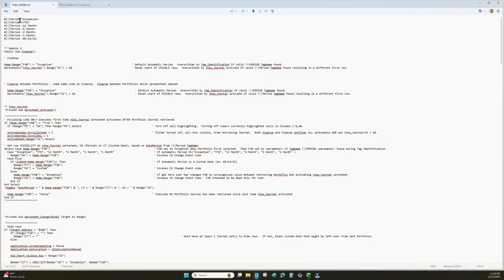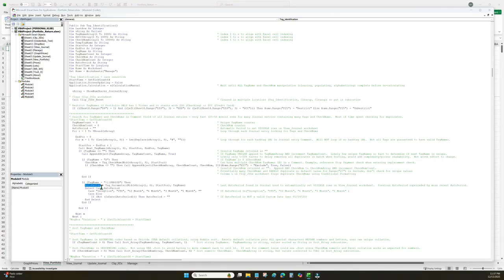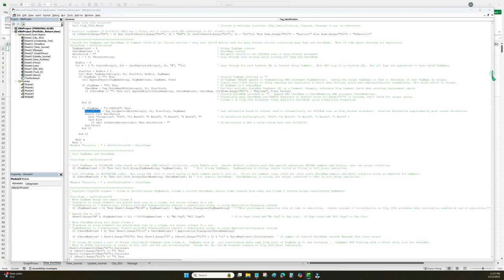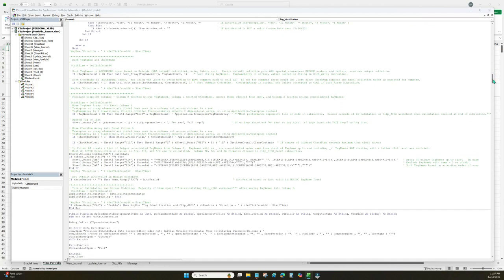You can have the tag with the word inception, year to date, 12 months, 6 month, 3 month, 1 month, or a custom date. The parameter for the most recent period tag name found in the journal is stored in this variable here called auto period. And then at the very end of the tag identification subroutine, auto period value is placed in the Manage worksheet